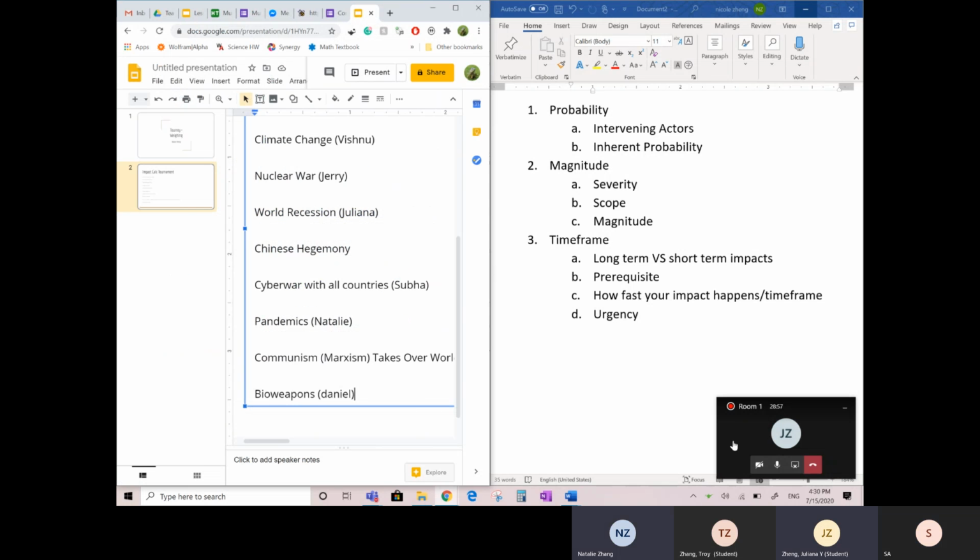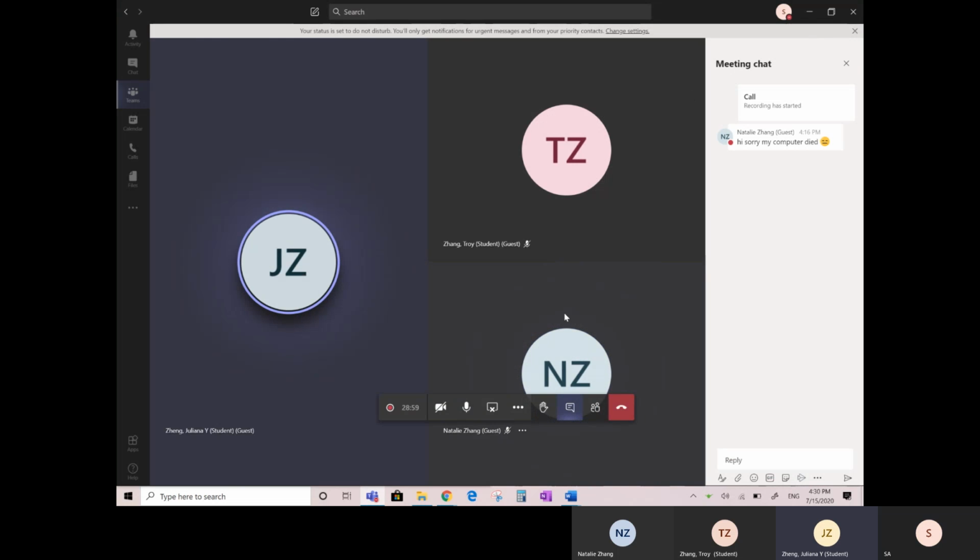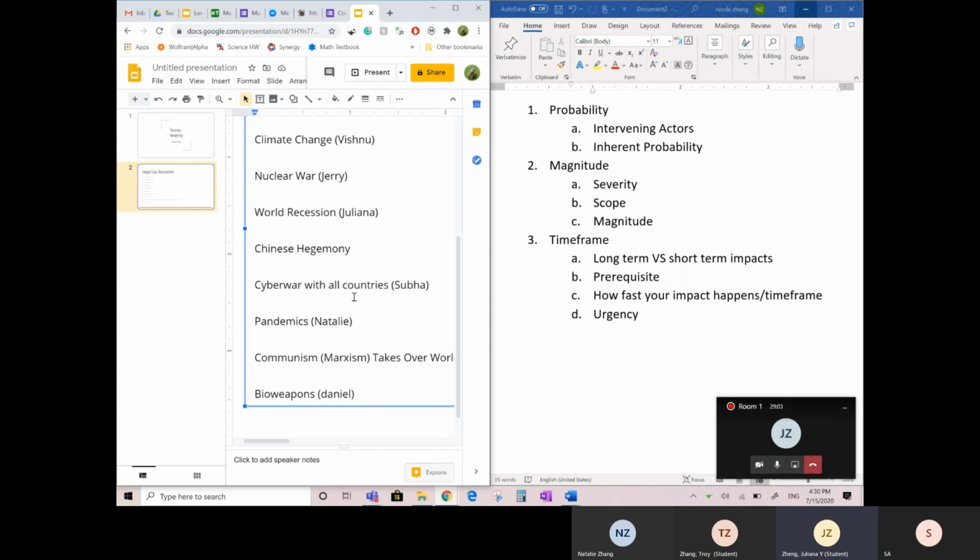I'm just wondering, if you're doing, let's say, Natalie's pandemics, would you assume that it's happening right now? So there's going to be two pandemics going around, or what? That's a good question. It depends if Natalie goes for COVID-19, right? If Natalie chooses to talk about we solve for COVID or you cause COVID to continue, then it would be about COVID. But if Natalie decides to talk about you cause another pandemic to happen, like a pandemic like Black Death, then it would be going on at the same time